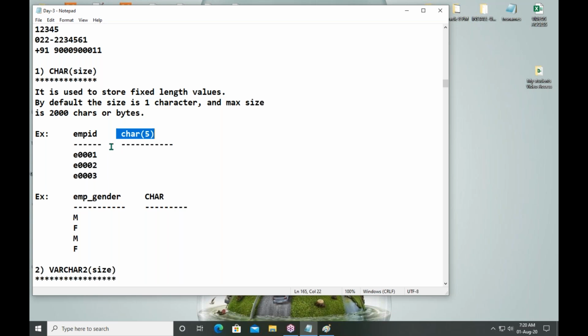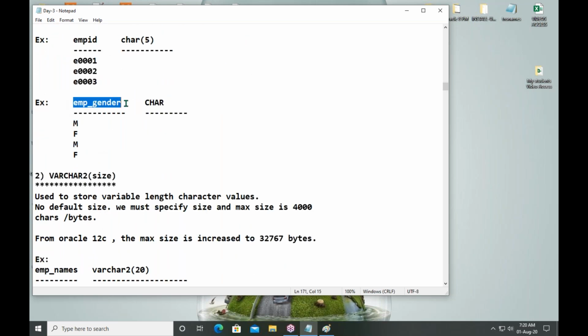So for all employees, we have the same length of ID. That's why I am using this data type. So these are the values with fixed length. Employee gender, either male or female. So the data type I am using is char. I'm not writing the size. Then what is the default size? 1 character.